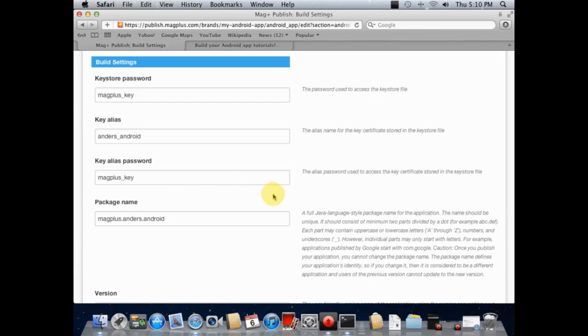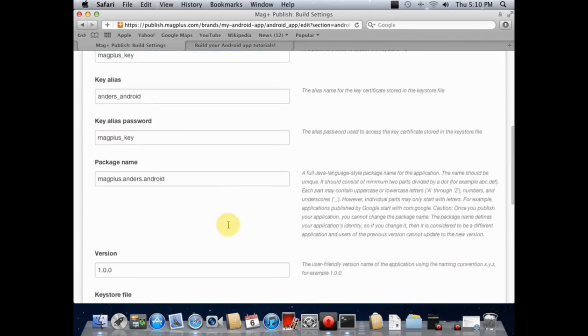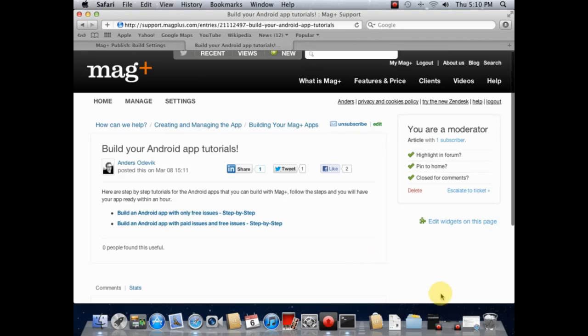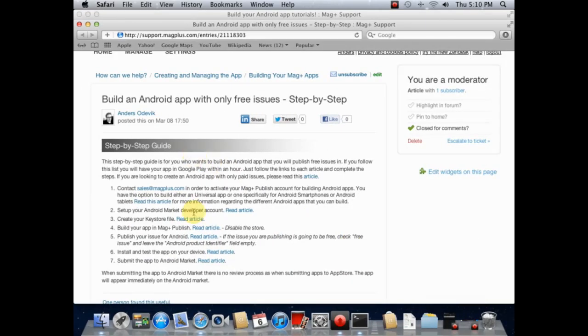The Keystore file is a file that you use to tell the Android developer portal who's actually distributing this app. So if we go here to the step-by-step, you will be able to find here at